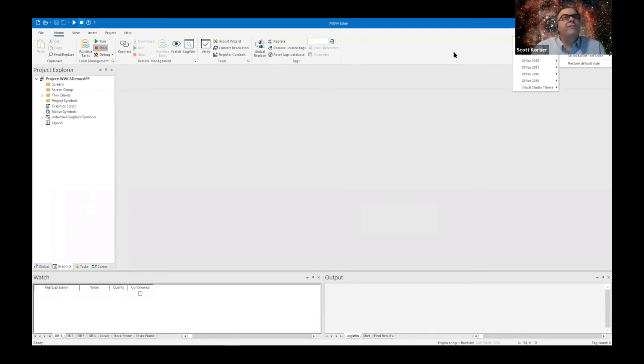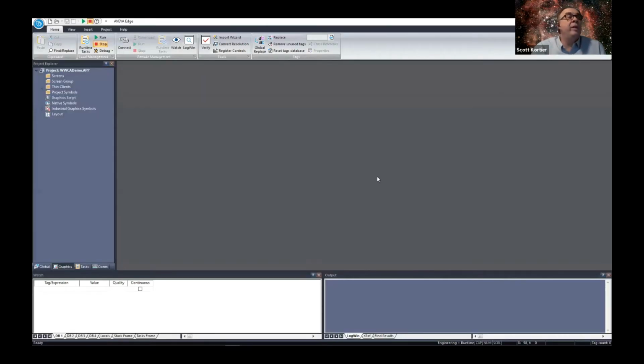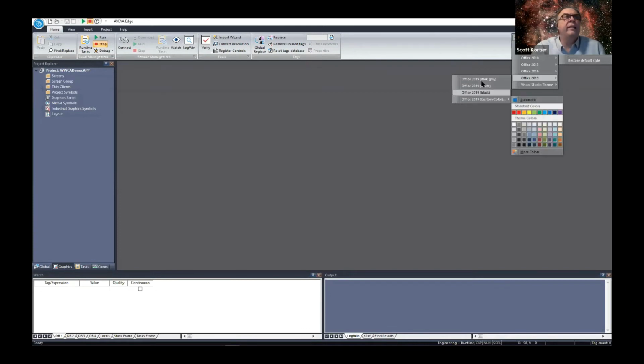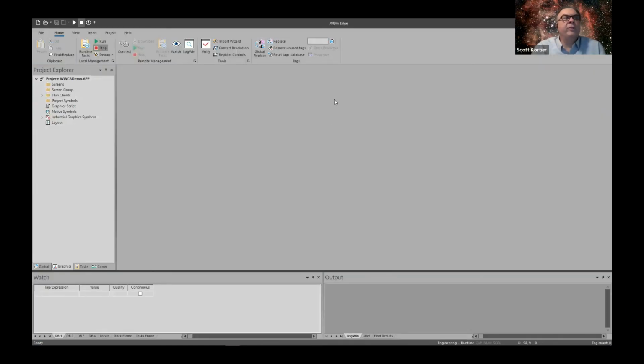So we have this default style that's kind of a blue and gray background, but some of you will be using this product for hours on end. And if you want to flip that style into something that's a little bit more easy on the eyes, even customizable, you can choose your own colors for that. I find that a lot of people like to run with this dark gray theme, and it's just a little bit more pleasing. Let me back it back out to the default style here.